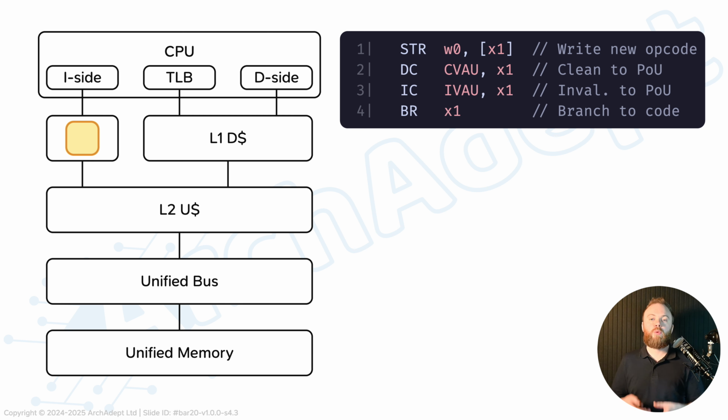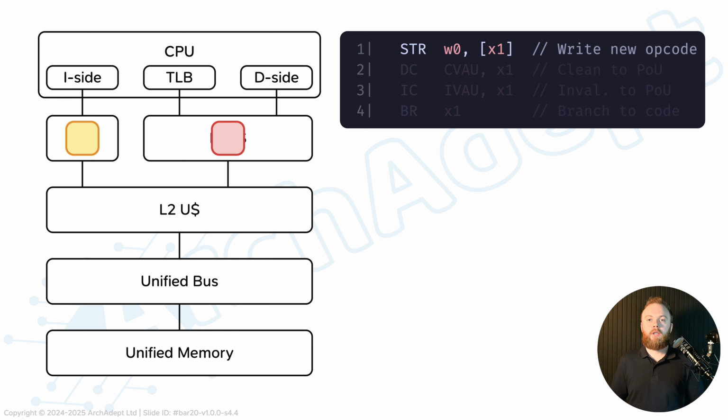We'll begin by assuming that we already have a stale copy of the old instruction opcode present in our L1 instruction cache, which we'll represent using this yellow square. As we first walked through back in lesson 12, we know that when the CPU wants to perform this write of the new instruction opcode, it's going to generate a read unique transaction to the memory system in order to get a copy of the corresponding cache line in a unique state, meaning everyone else is going to invalidate their own copies so that our copy is the only one remaining in the entire system. And it's the cache line being in a unique state that grants us permission to write to it. So we now have a dirty cache line allocated in our L1 data cache,